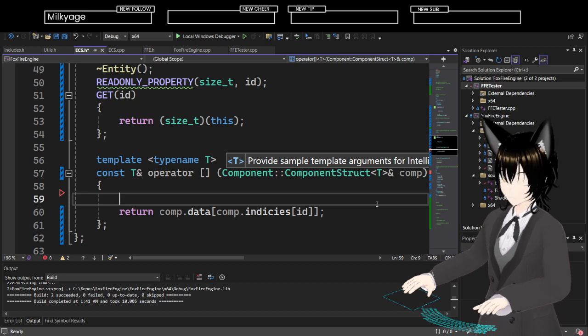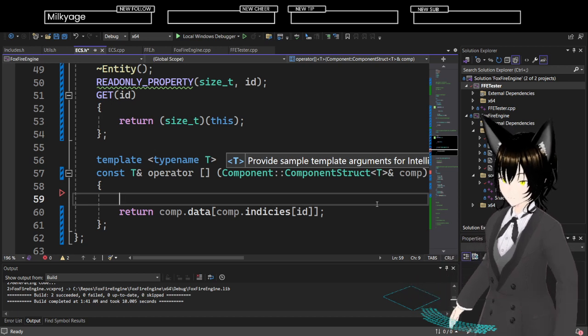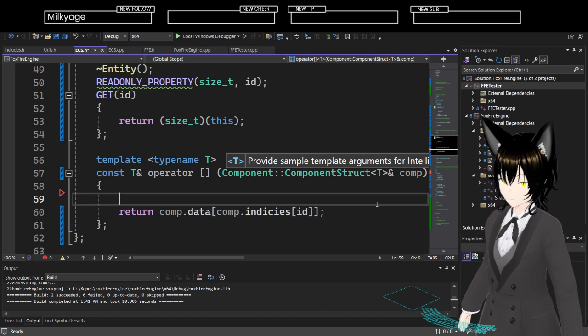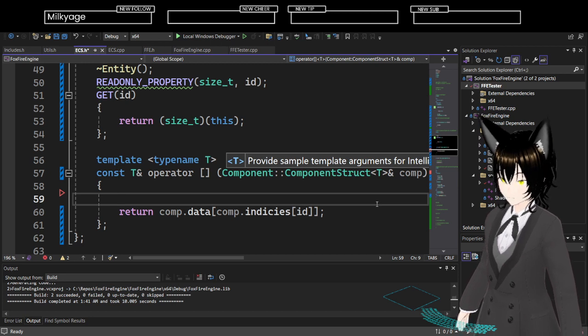But it should only change comp data indices.